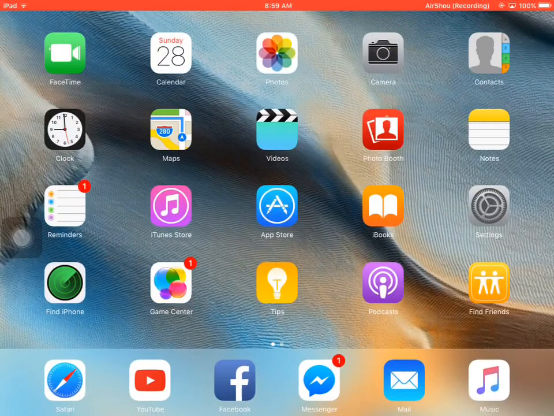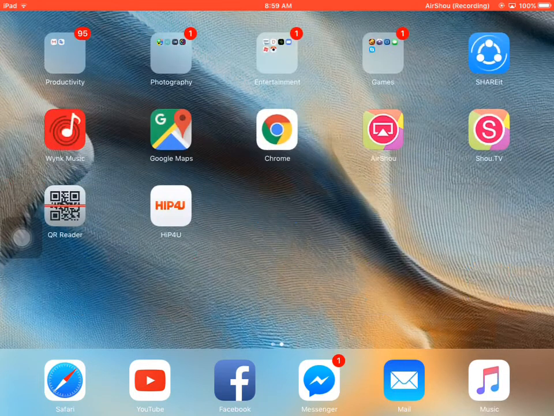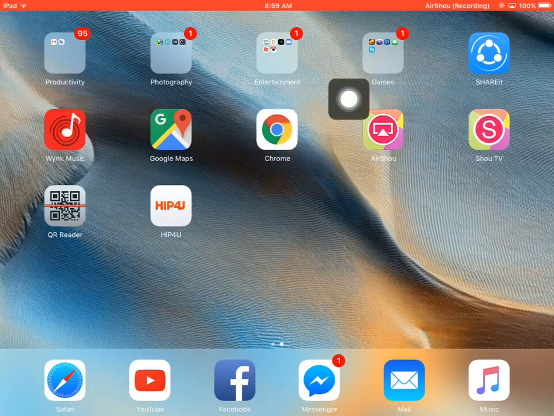Hello guys, today I'm going to show how to screen record your iDevices. I used A-Show, so let's get started. First you need to go to the browser,